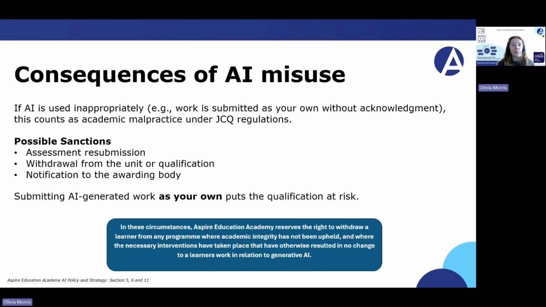If you use AI inappropriately, such as submitting AI written work as your own, this is considered academic malpractice. Possible sanctions include resubmission, removal from the qualification or unit, or referral to the awarding body. Misuse threatens the integrity of the qualification and it is taken very seriously.